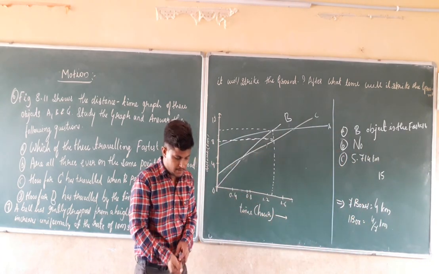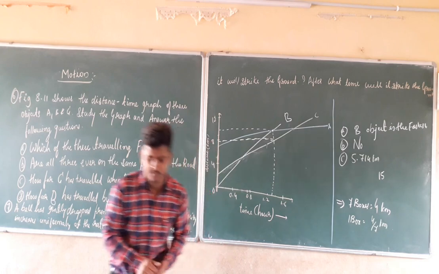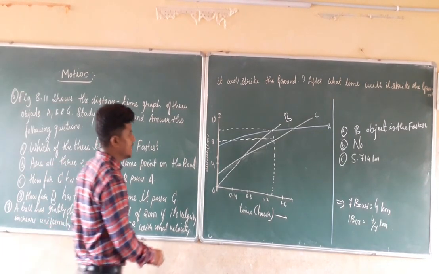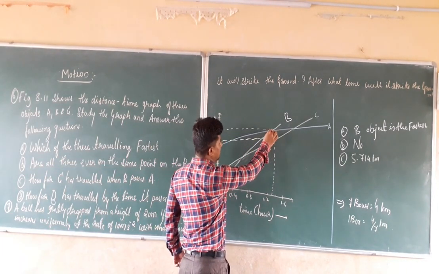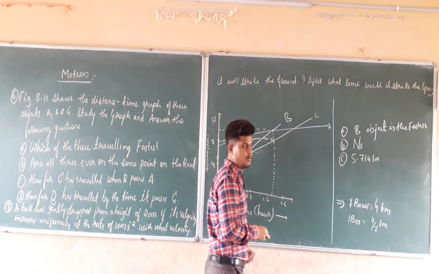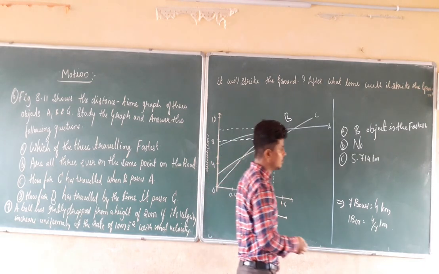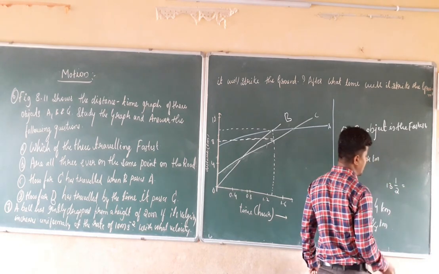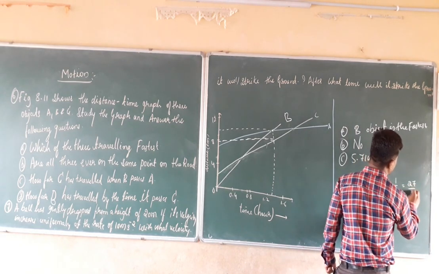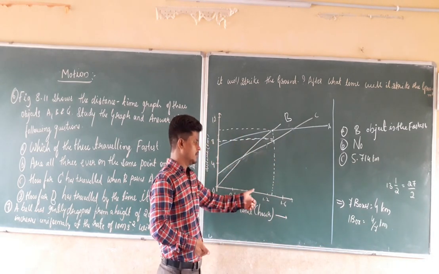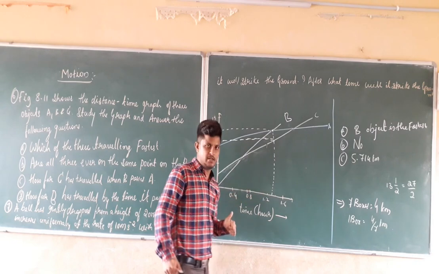If we check the time being there, when you accurately calculate the number of boxes when B passes A, the number of boxes at this point will be how much? From the y-axis it will be equal to 13.5. That can be written as 27 divided by 2. 27 divided by 2 boxes are covered when B passes A in case of C.